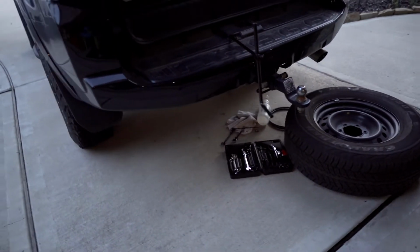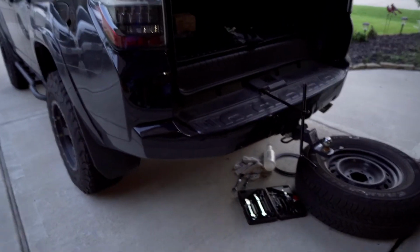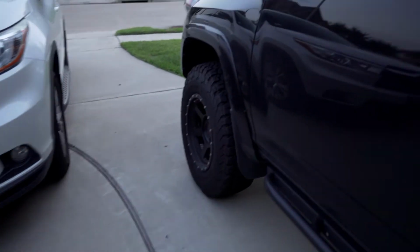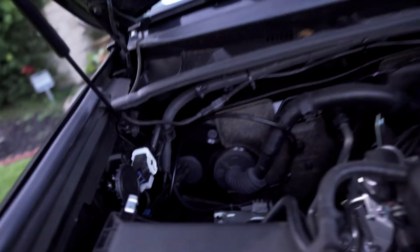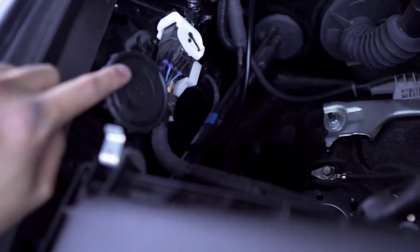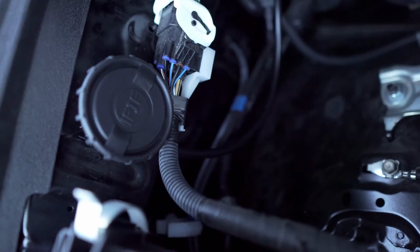Right, so I got around to installing the differential breather, and as you can see, you've got to remove the spare tire. Gives you a little bit more room to work with things, but essentially, I located it over here. As you can see, here's the filter, and then you can see the line running through towards the bottom there,